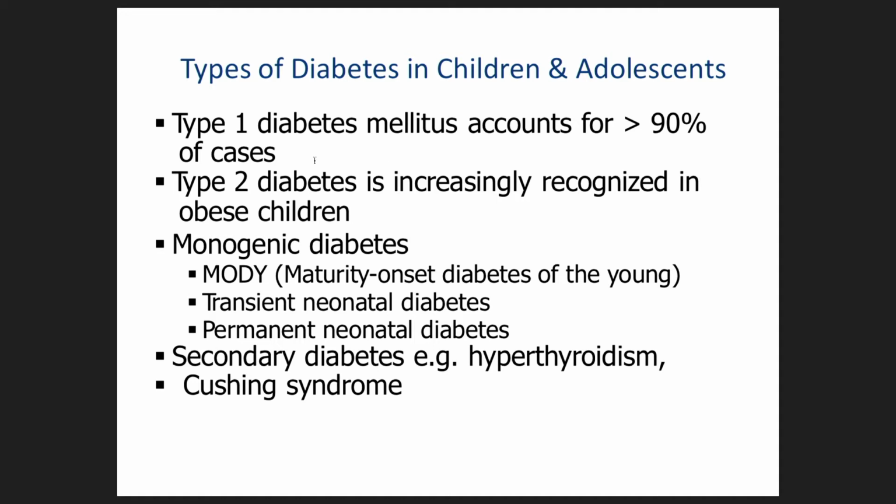For example, obese children could have type 2 diabetes. So it's not 100% type 1 in children; 90% are type 1, but 10% of children with diabetes could have other types of diabetes, especially nowadays, as obesity is a common problem worldwide,